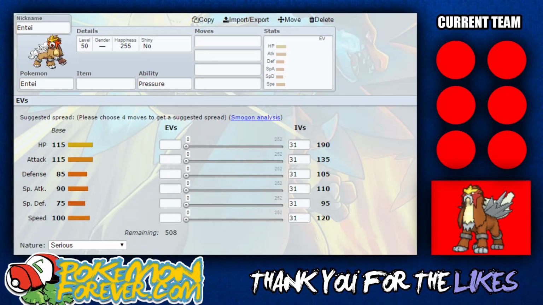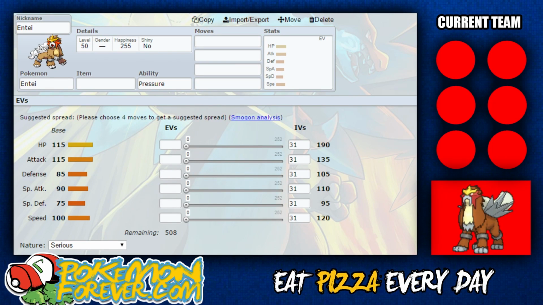Hello YouTube, it is Pokemon and Nintendo World Championships commentator Justin, the Justin Flynn here, and we got an awesome build for you today. It is none other than the legendary Entei, a Pokemon that has seen its way back